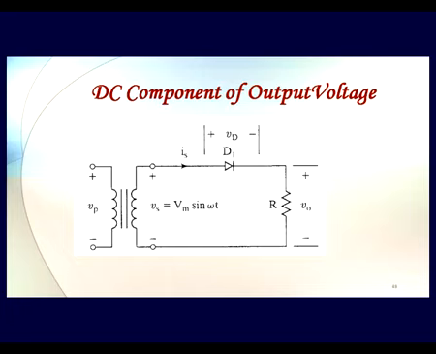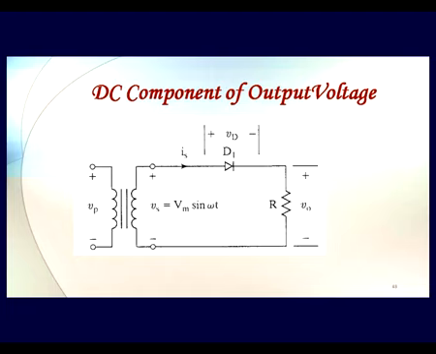Consider that we have a circuit of a half wave rectifier where R is the load that we are connecting, across which the output voltage VO is appearing, and VD is the knee voltage that I told you about, that is required by the diode for its own operation, but normally it is so small that we can even neglect it. Now consider that at the secondary we are getting an input signal of Vm sin omega t, where Vm is the peak amplitude of the signal.